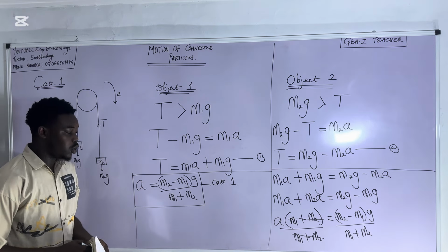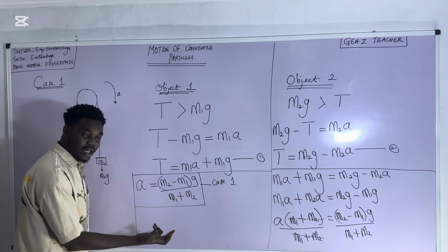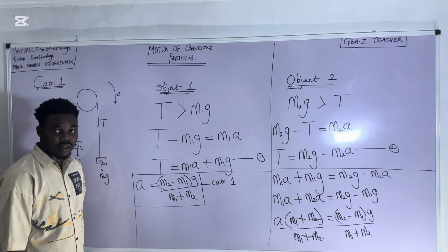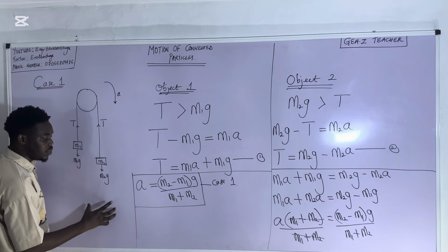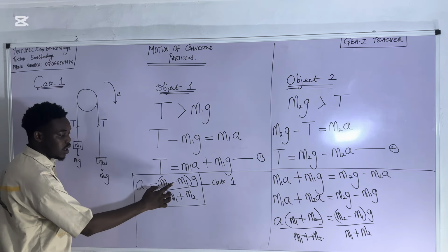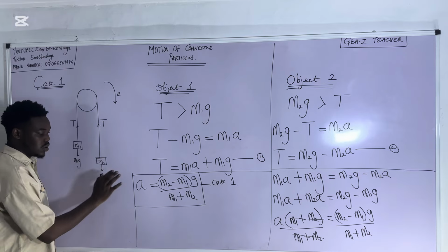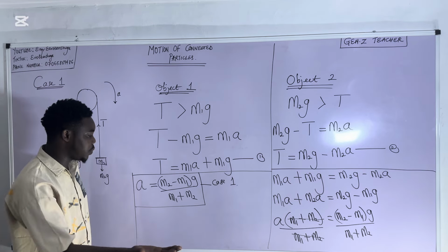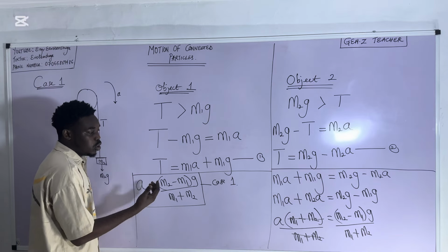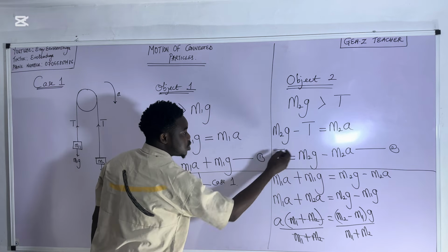Okay, so you just need to know the masses of the objects and the acceleration due to gravity. Remember, M2 is the mass pulling the body downward, while M1 is the mass going upward. So this formula is for acceleration. How do you find tension? Once you've gotten your A, you can put the value of A into either equation 1 or equation 2 to